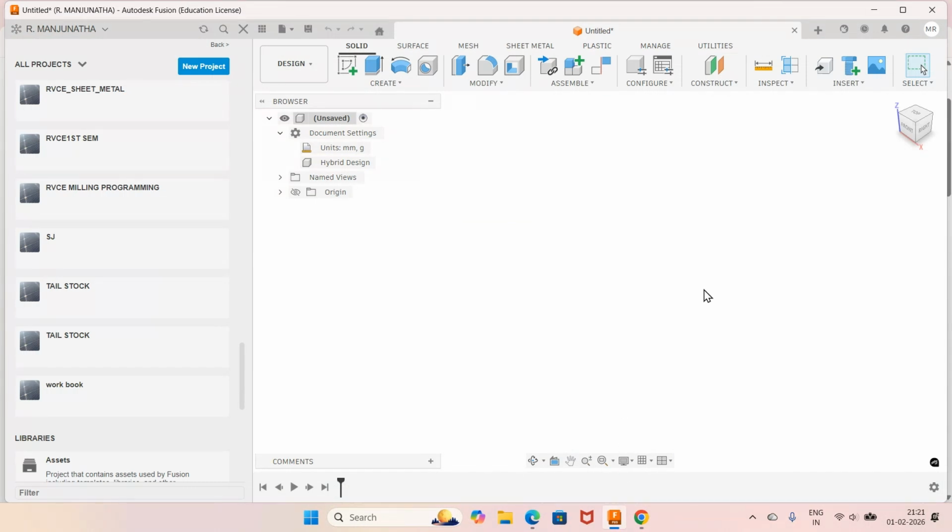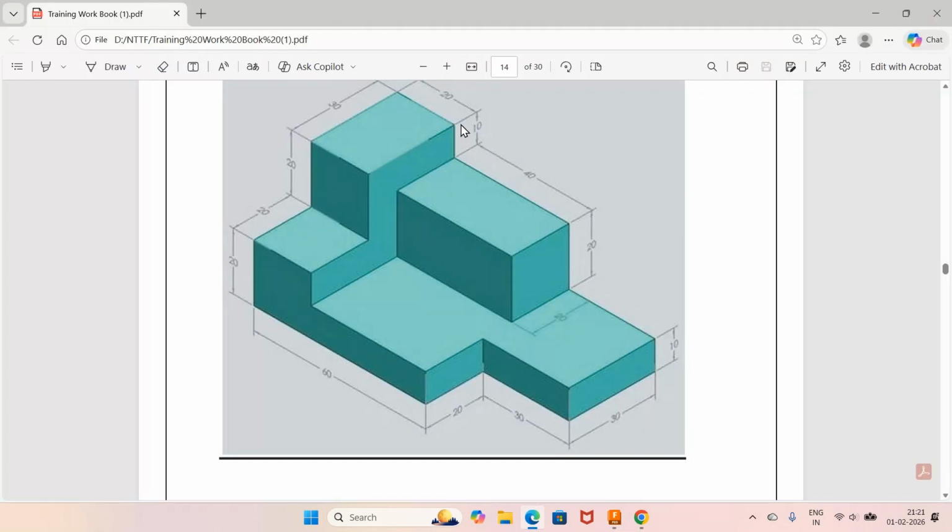Now in this video, we are going to take up how to create a 3D model by using Fusion software. Let us have this particular example. Before that,